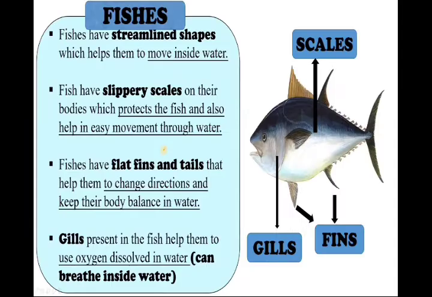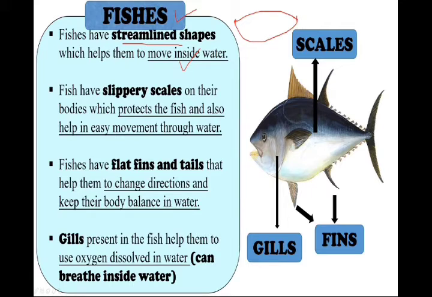In the ocean you can see mainly fishes. Fishes have streamlined shapes. This shape helps them to move inside water. That you have already learned. Fishes have a streamlined shape, note the point. Because of that, how is the shape? Yes, this type of shape, right? The head portion and the tail portion are comparatively small and the body part is the biggest part. That type of shape is called streamlined shape.